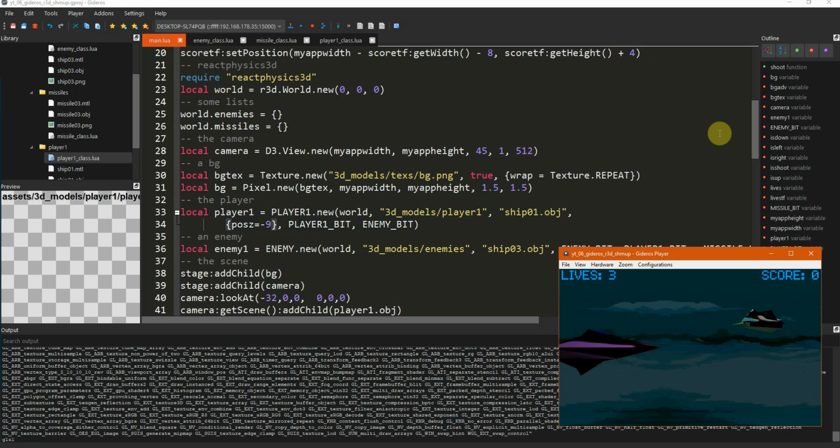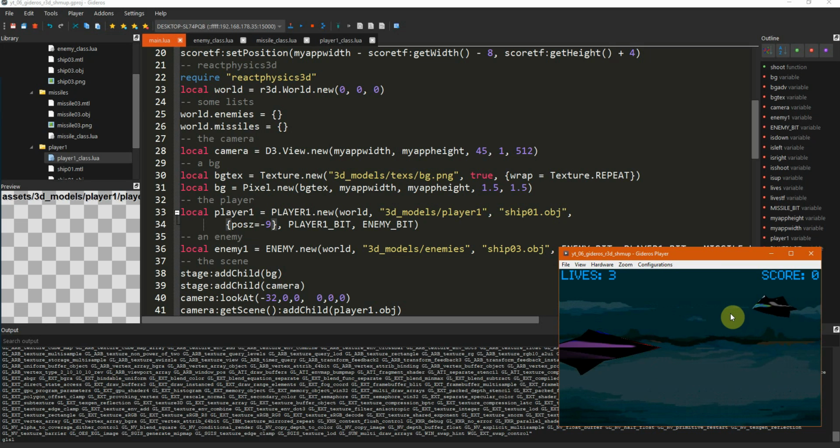Now when I shoot, you see that the body of the enemy is moving because it collided with the missile and it moved, but we didn't sync the object position, so we need to sync the position of the object with its body, and we will do this in a next video.